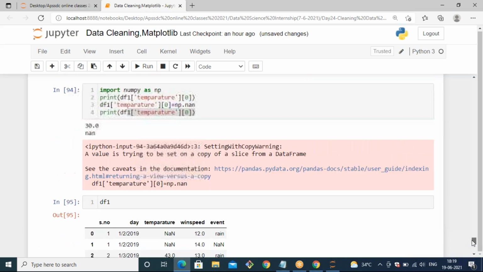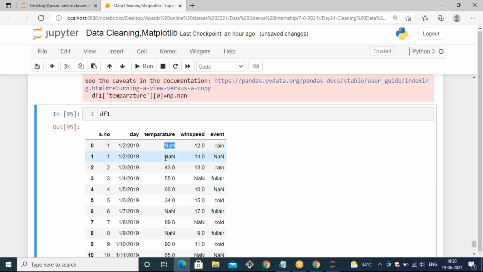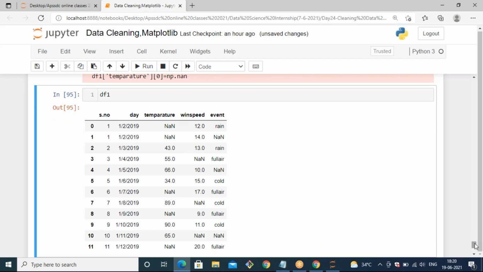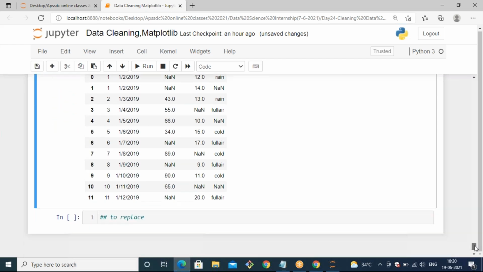Here I'm just changing the 0 position of value only with nan. The rest of the nans are automatically there inside our data set, which came from the data set. I'm not generating them. We are just changing the 0th index of temperature.